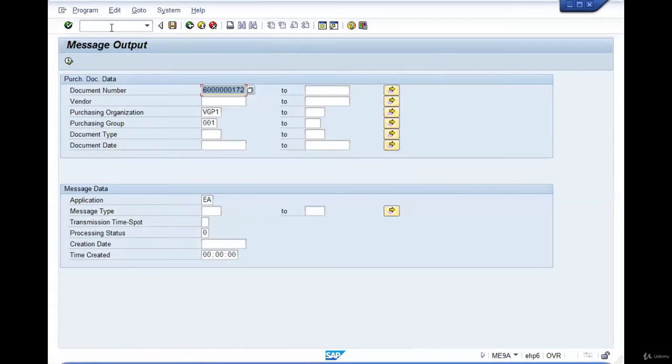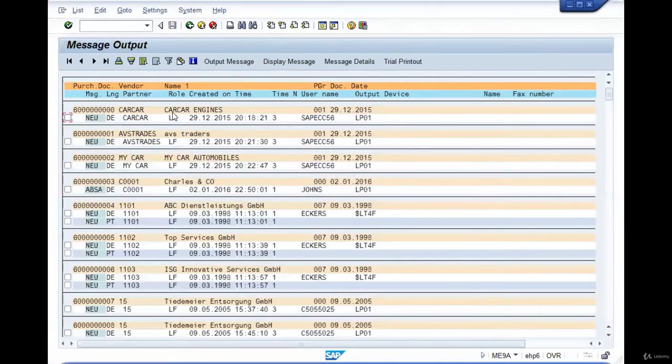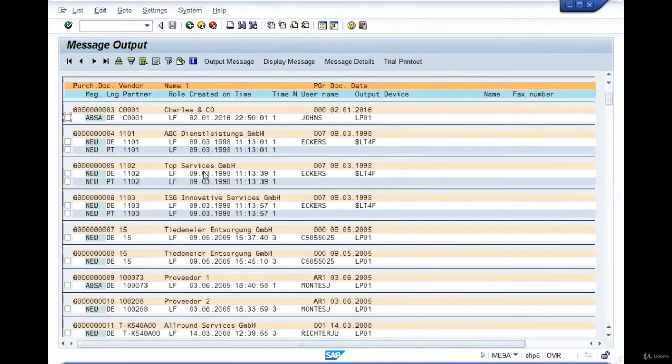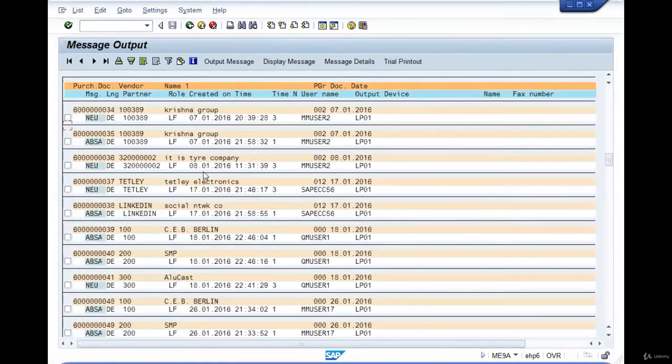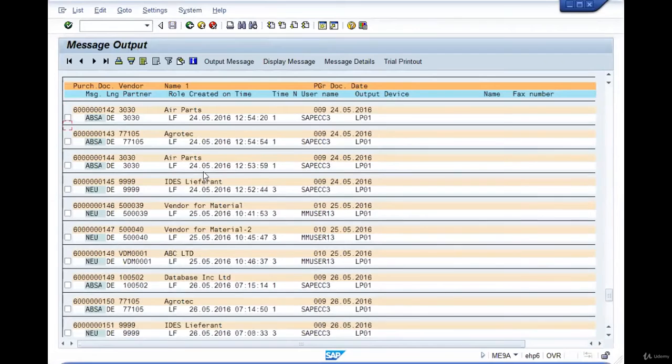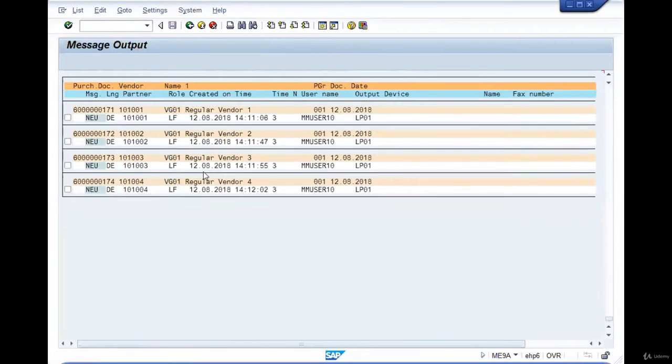ME9A is to send the RFQ document to the vendor. So go to ME9A, enter a range of document numbers and any other criteria, click on execute, and the system will show me the list of all the RFQ documents which are pending to be sent out to the vendor. So when you scroll down, the documents that we created will be displayed at the end.